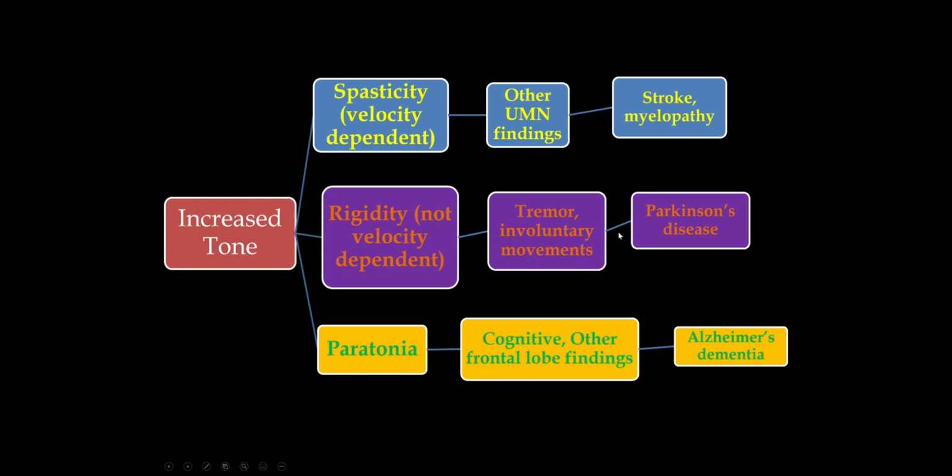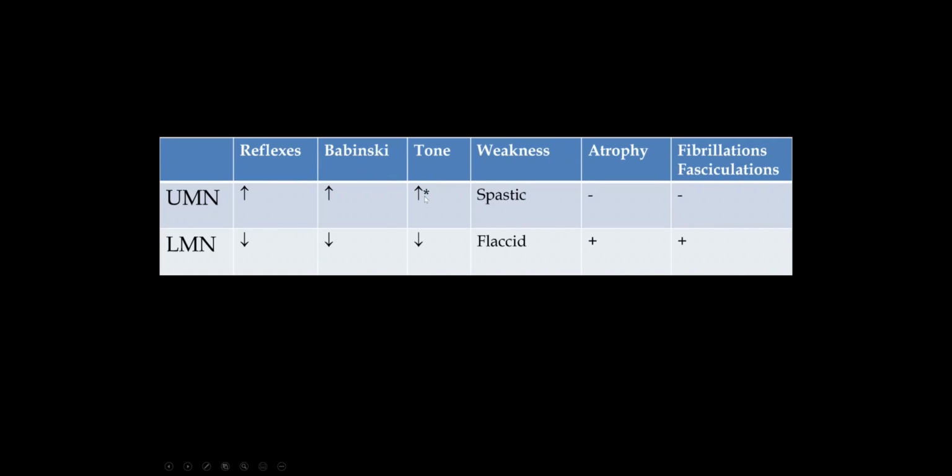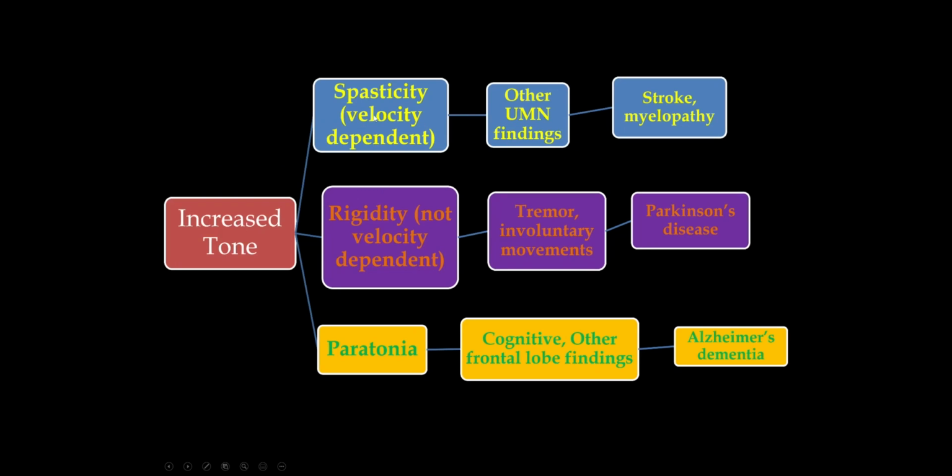All right, so our last point here on increased tone. I have a little asterisk here about increased tone. And so spasticity is the upper motor neuron cause of increased tone, and this is what we call velocity dependent. So if you see someone that has a stroke, and maybe their arm is stiff, feels kind of rigid, what